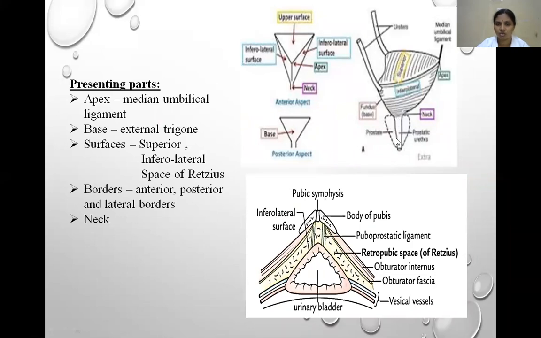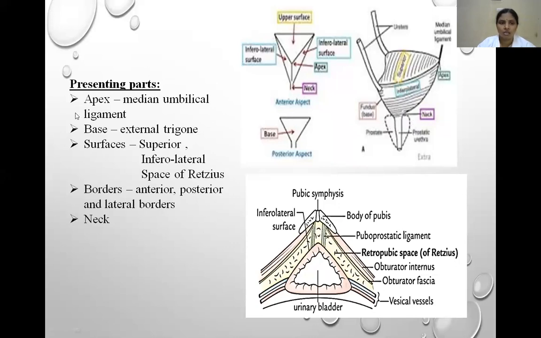Apex and base. Here, the apex of the urinary bladder is forwards, in front, and it lies behind the pubic symphysis. Right opposite to the apex must be the base, so the base is behind and the apex is in front. The other apex of the wedge shape lies below. That represents the neck, the constricted part or the lowest part of the urinary bladder, which lies at the level of the lower border of the symphysis pubis.